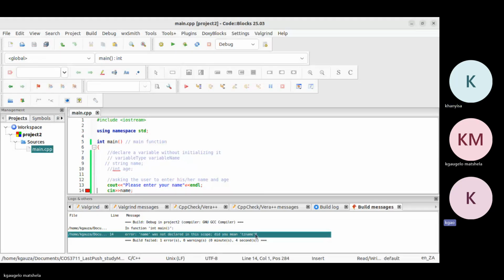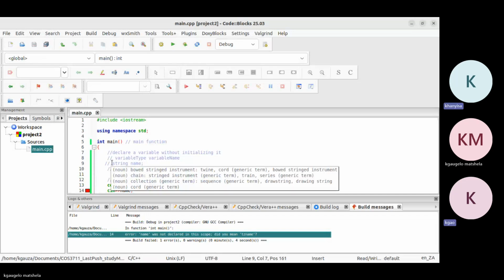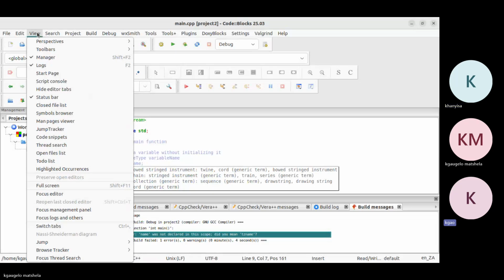Did you mean this? But if you make sure the name is declared on top there before you use that variable,